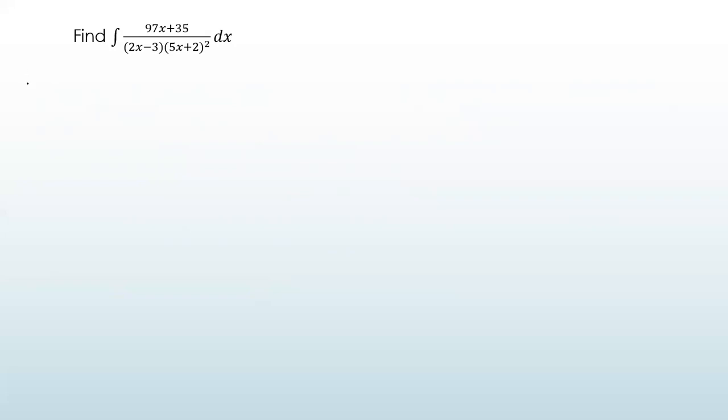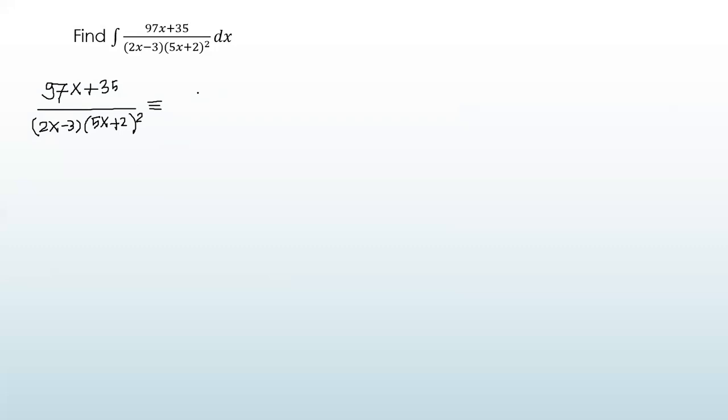Pay attention, please. 97x plus 35 over (2x minus 3) and (5x plus 2) squared is identical to,